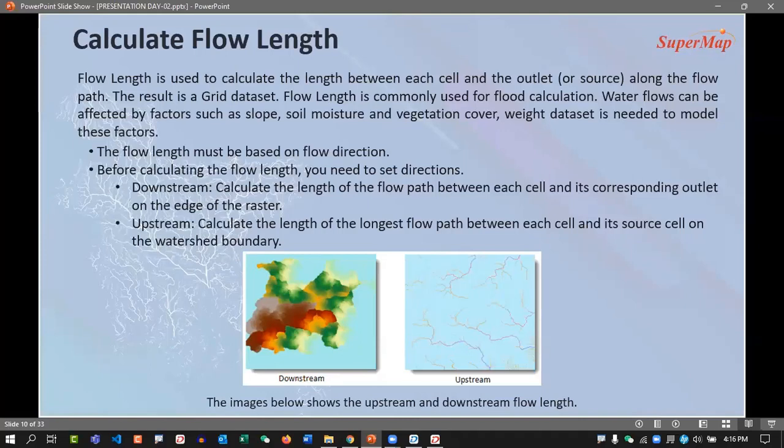And the flow length must be based on flow direction, as we have just calculated. Before calculating the flow length, you need to set the direction. There may be two directions: one is downstream and the other is upstream flow length. The downstream flow length calculates the length of the flow path between each cell and its corresponding outlet on the edge of the raster. And the upstream flow length calculates the length of the longest flow path between each cell and its source cell